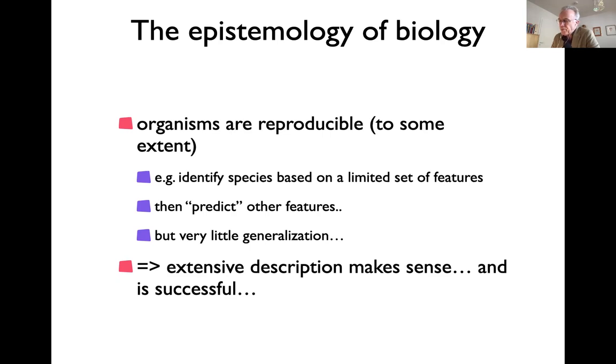So you could say it's a large set of very narrow laws, and that capturing that is then what is called extensive description. For a very long time in biology, that was a primary practice: to accumulate a lot of detailed descriptions like that. And it continues to be a practice, for instance, in a lot of molecular and cellular biology, not so much in systems biology, perhaps.